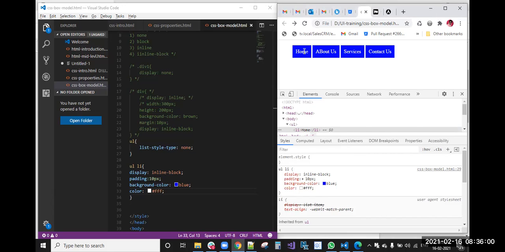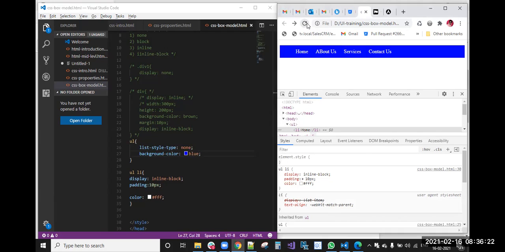So what we will do instead is give the background color to the list item. Then we got it for the entire home, about, services, contractors, right?